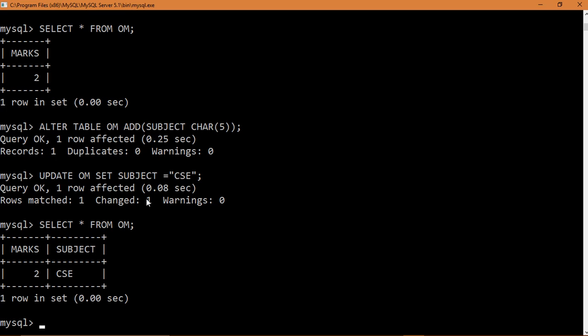Okay, now what I'm trying to do, I will put a condition: delete from Om where marks is equals to 2.